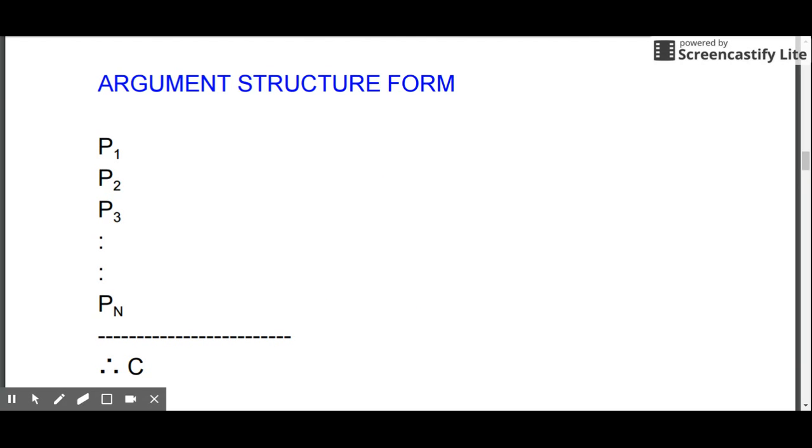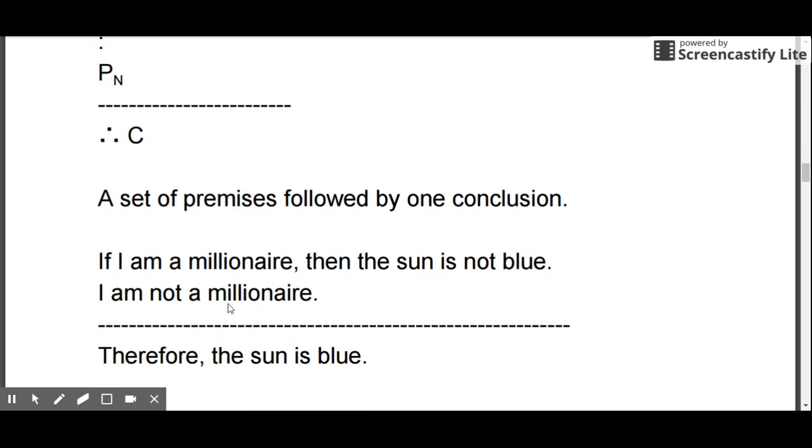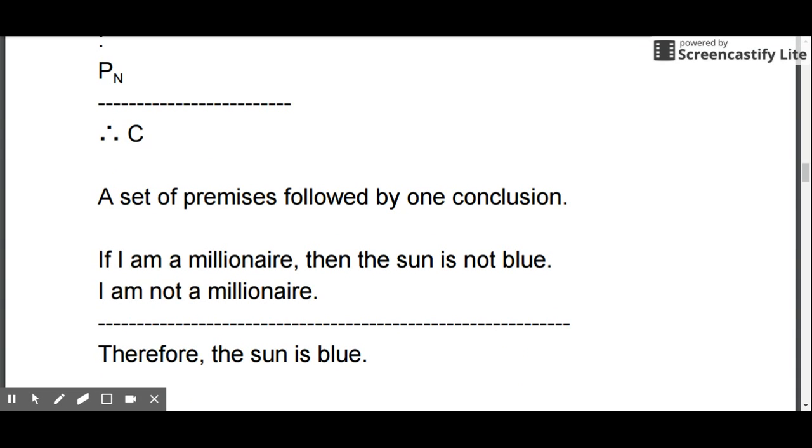Let's discuss the structure of an argument. Simply, it is a set of premises followed by a conclusion. You can have as many premises as you like, up to n, and then you're always followed by a conclusion. For our example from before,